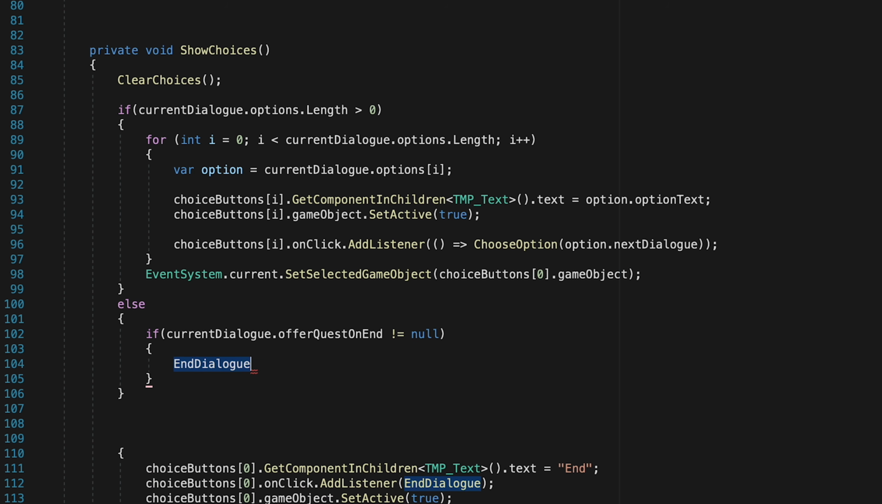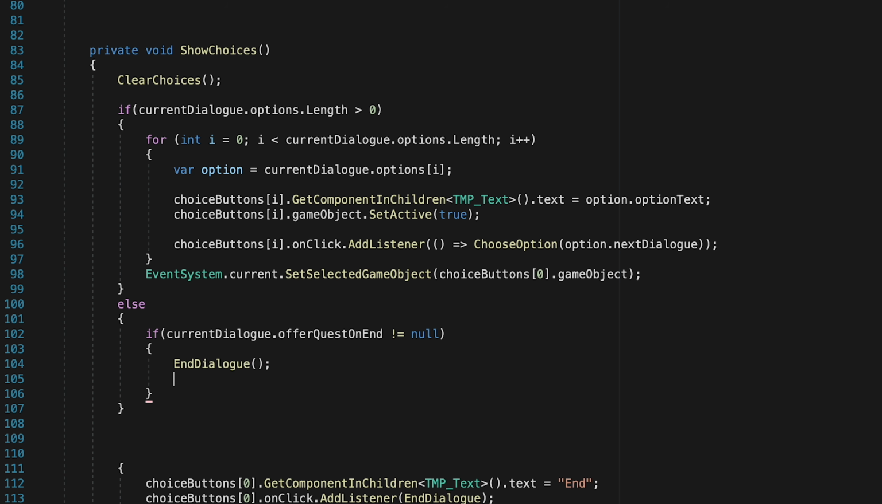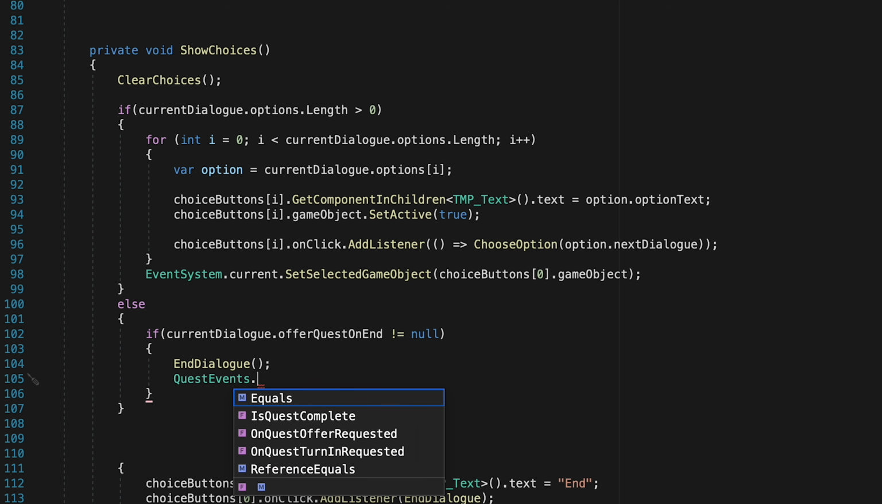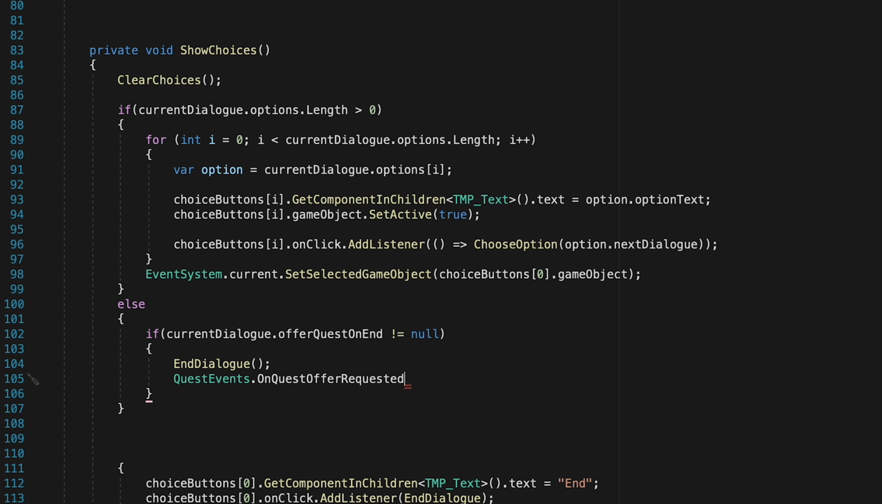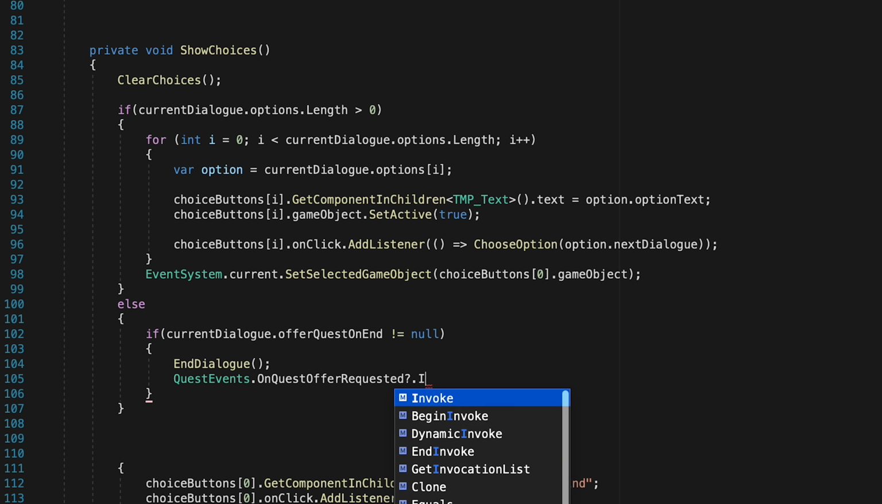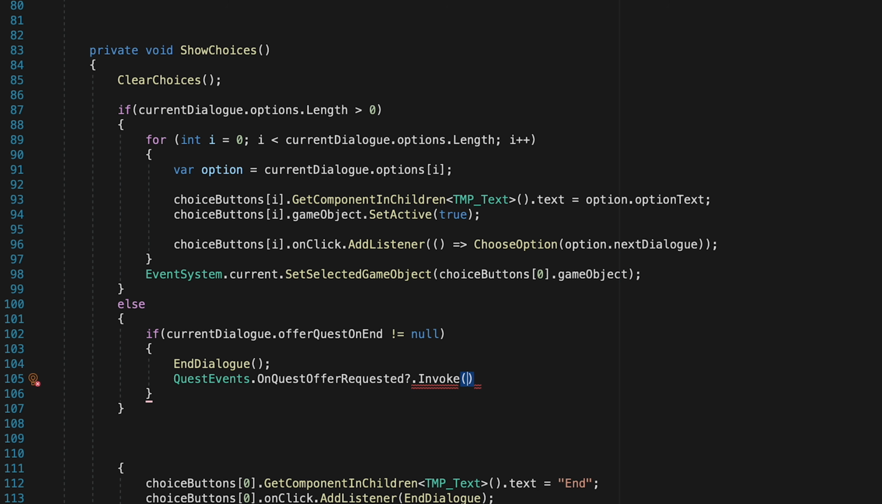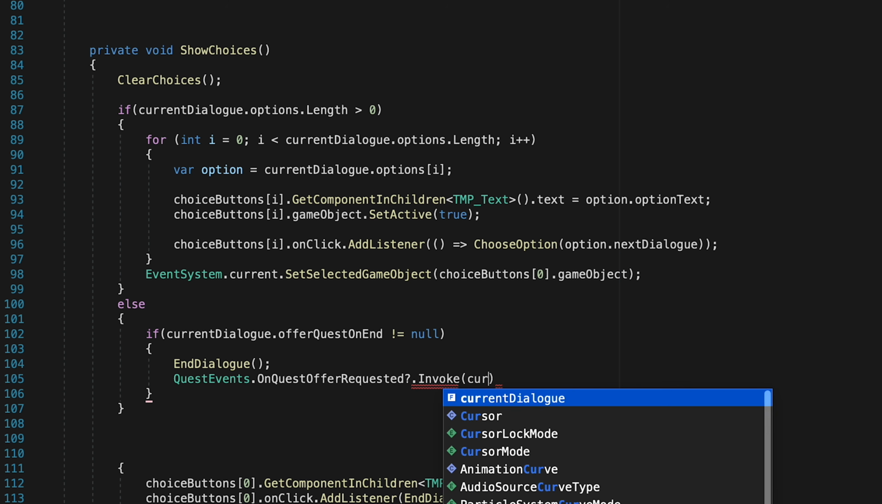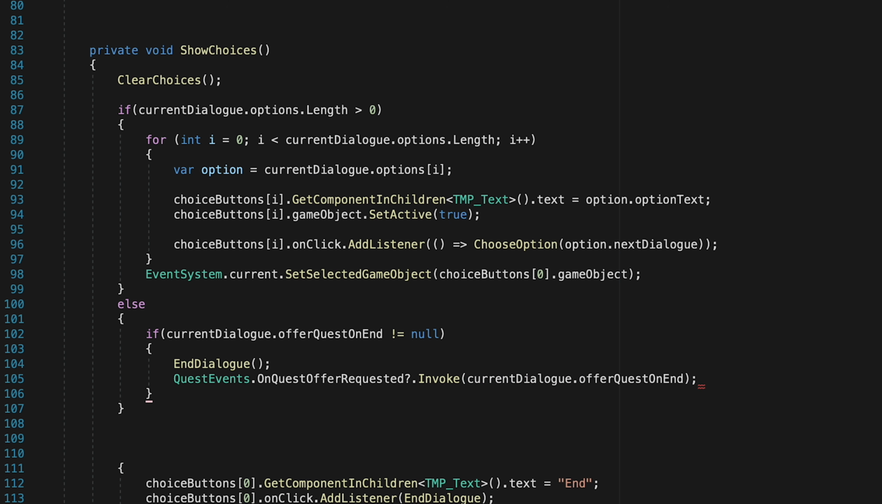First, we want to call end dialogue so that this dialog box closes itself. Then we want to call a quest event. The event we want is OnQuestOfferRequested. We'll do a question mark just to make sure that there's actually someone listening, and then we'll invoke it, passing along our current dialogue's offerQuestOnEnd, meaning we're going to let everybody know which quest SO we want